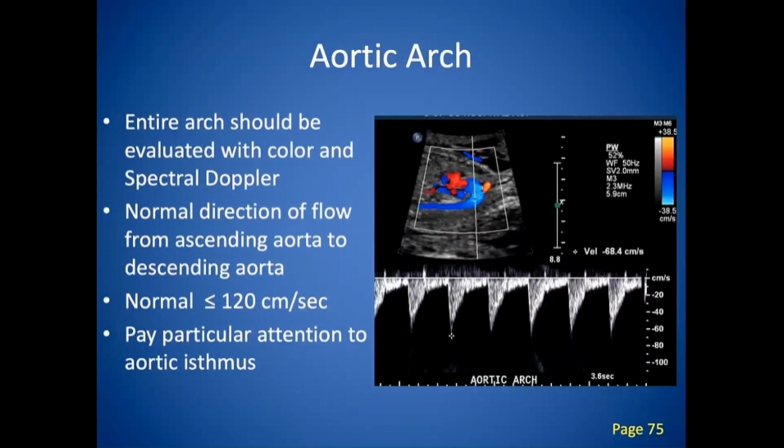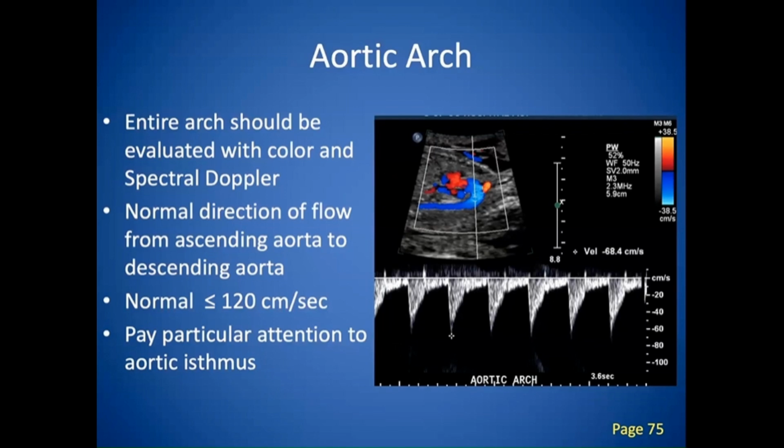The aortic arch, we want to evaluate that as well, obviously with color and spectral Doppler. Our normal direction of flow we know is going from the ascending portion to the descending portion. We turn on our color. You definitely want to identify the area of highest flow and put your sample gate there. We use that 120 centimeters per second as normal in our arch as well, again, just because we're trying to